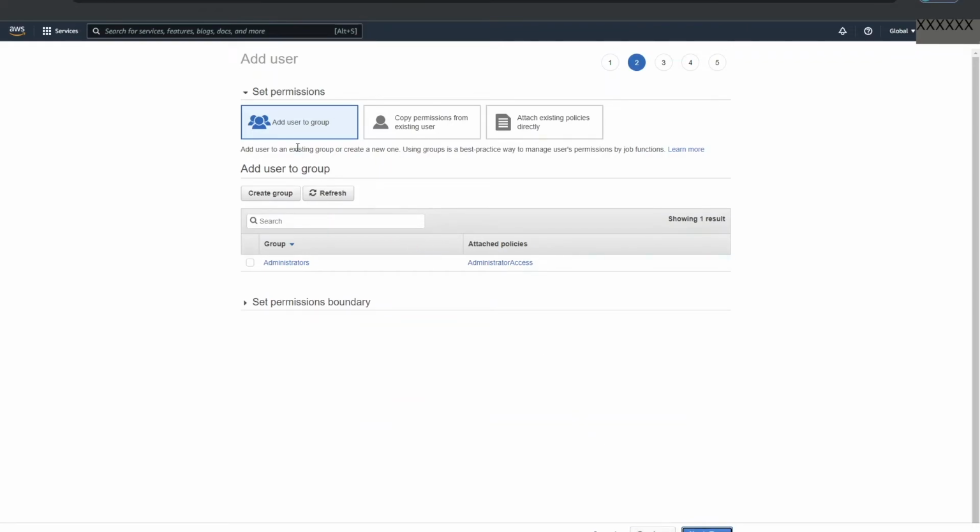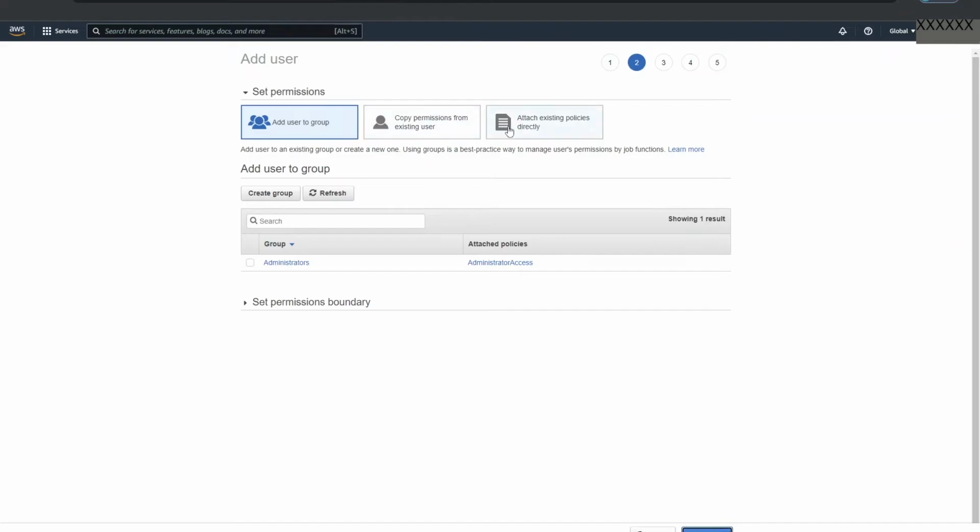For working with permissions, you'll notice that we have the ability to add the user to a group, which is what we're going to do. Just to go through the other two options, you'll notice you can also copy permissions from an existing user if we had one, or attach existing policies directly.